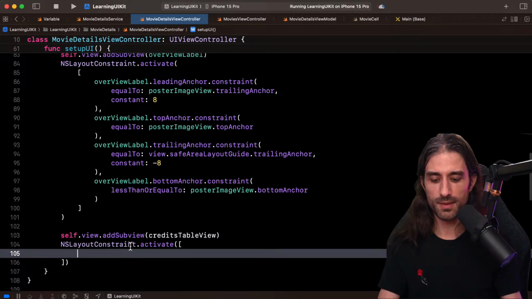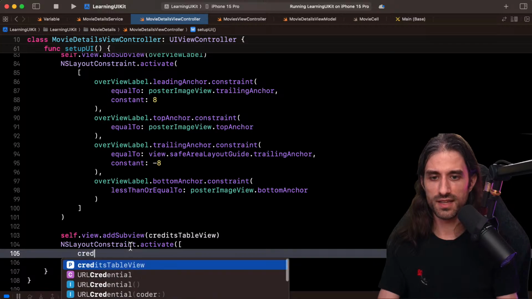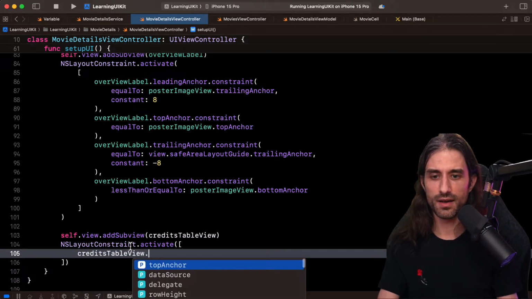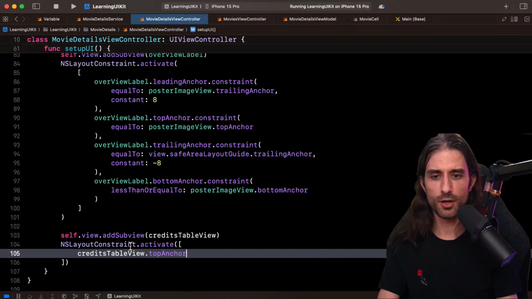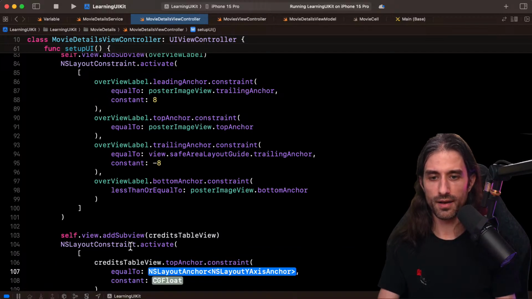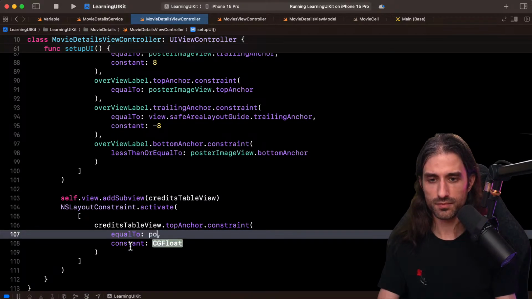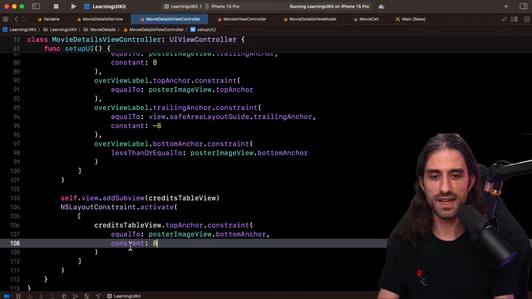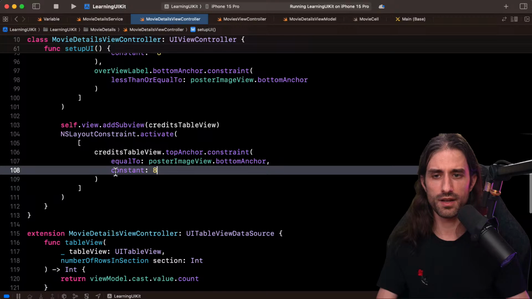So let's put the table view, the creditsTableView, below the poster. So its top anchor should have a constraint equal to the bottom of the poster and with a constant of 8. So I want 8 points between the two views.